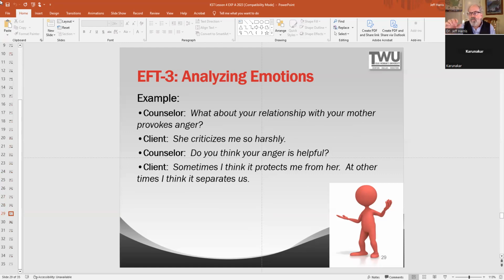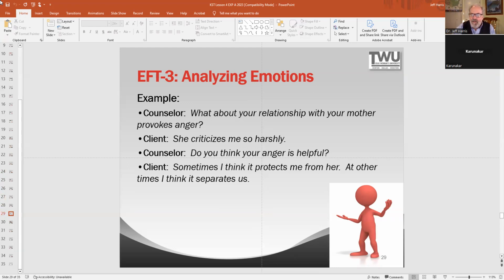So the counselor here is using the word helpful instead of adaptive. And you may say, sometimes adaptive may seem kind of like a technical word. So I often say, do you think this is helpful or healthy? And we can make a distinction between helpful and unhelpful, or healthy and unhealthy reactions. So on this analysis, again, this is a compressed example.